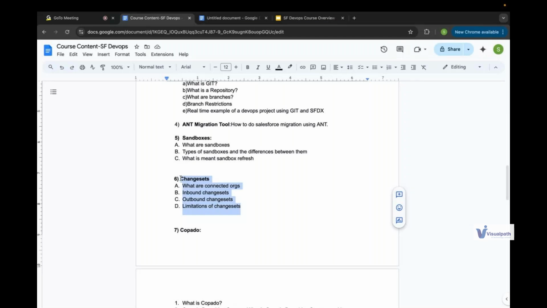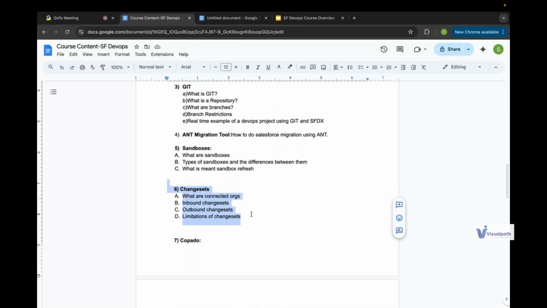Initially, people used to make use of change sets in order to migrate components from one environment to another environment. Nowadays, people are not using change sets much, because they are making use of other tools, since Salesforce change sets have some disadvantages which other tools overcome. Even though people are not making use of change sets and the Ant migration tool nowadays, I am going to cover them